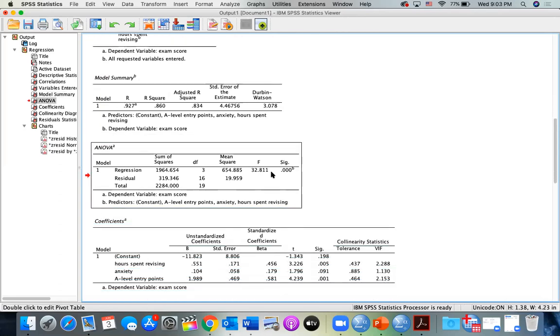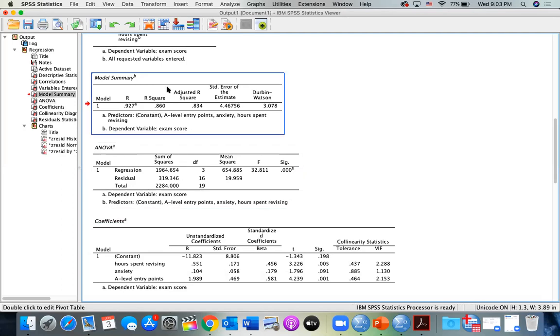So let's move to the ANOVA table. The ANOVA table just gives us an idea about the overall model, whether it explains the dependent variable significantly or not. So if we want to differentiate between the model summary and the ANOVA table, the model summary, if we care about these two